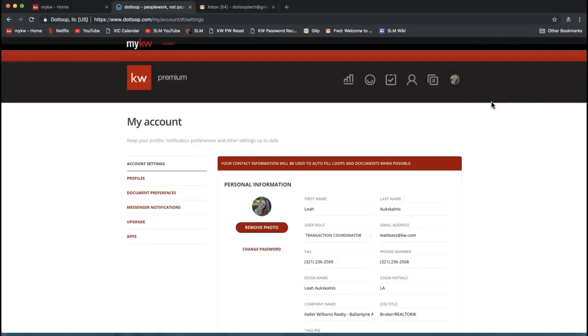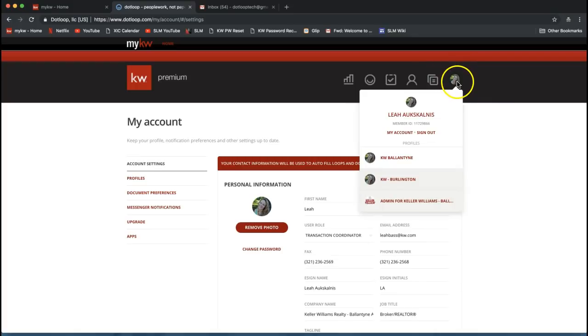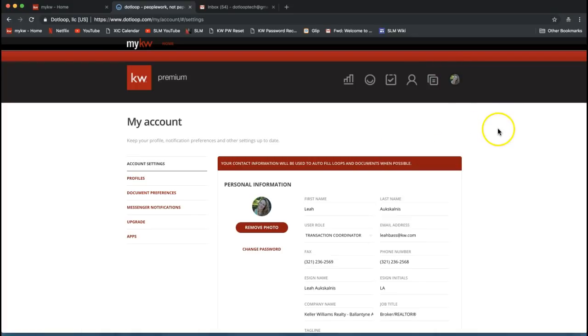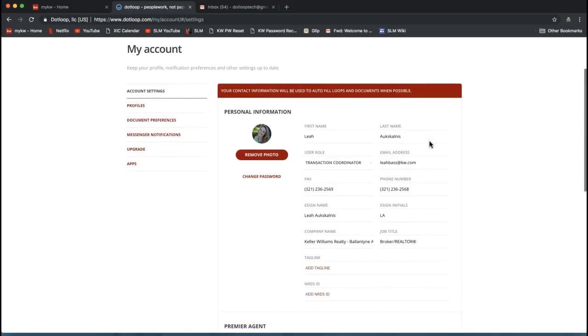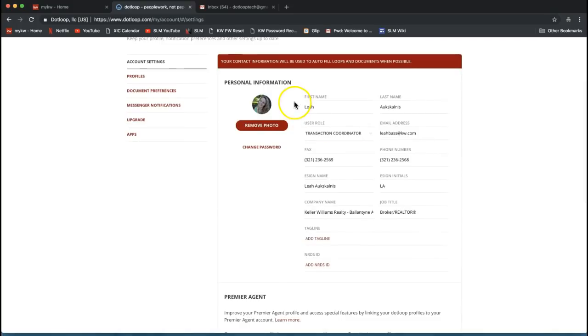So again, we hovered over your headshot or initials on the top right, and then we click My Account from that drop down. Okay, of course, feel free to let me know if I lose you. I'd be happy to catch you up. So let's go ahead and go down this list here and make sure all of our personal information is correct